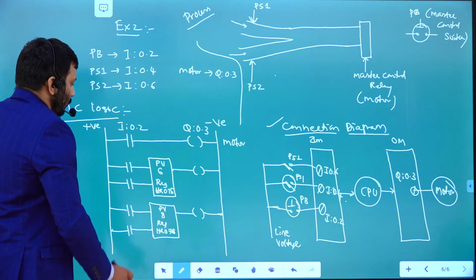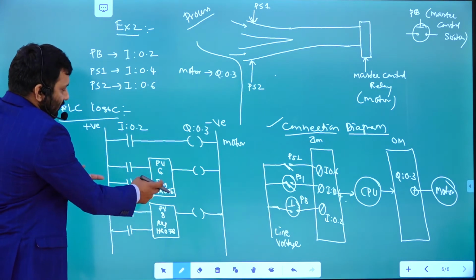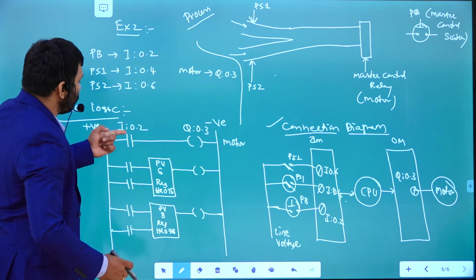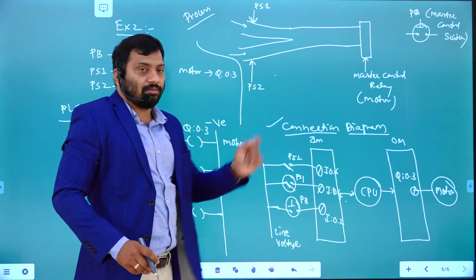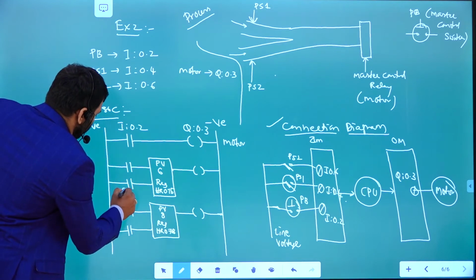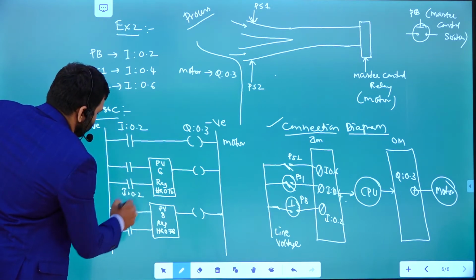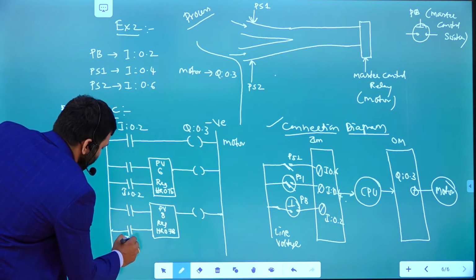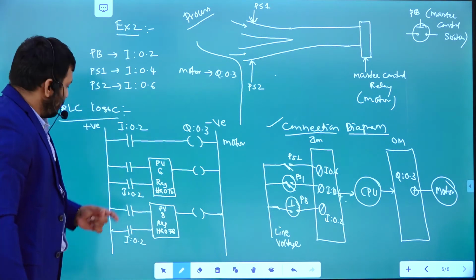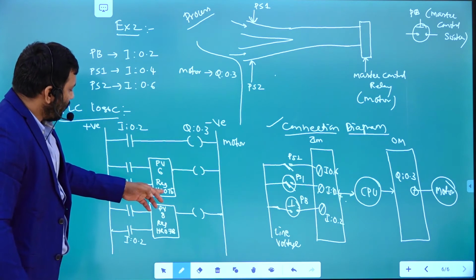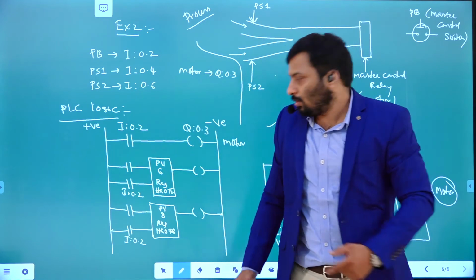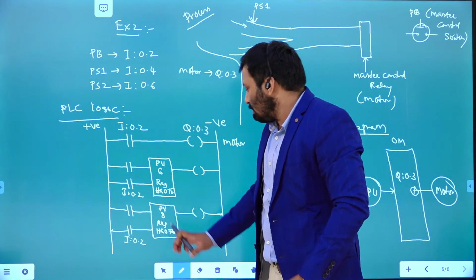When do these internal registers need to be reset? Whenever you switch on this main conveyor. Whenever you switch on this main conveyor, this one needs to be reset, and this is also reset. Both are going to be reset. Holding register 0.75 is going to be 0, as well as holding register 0.76.